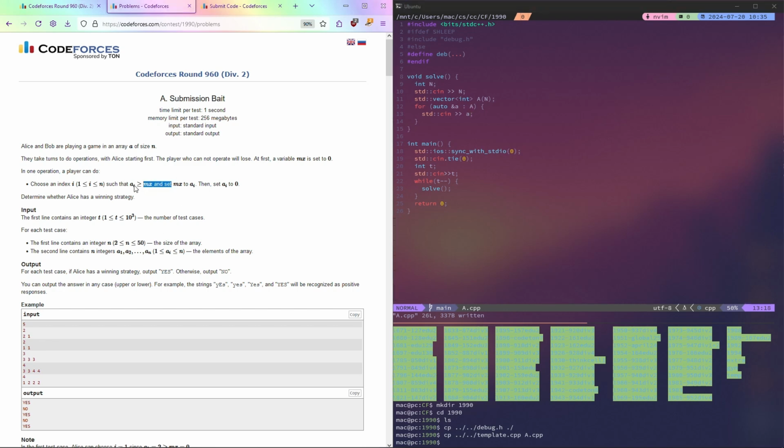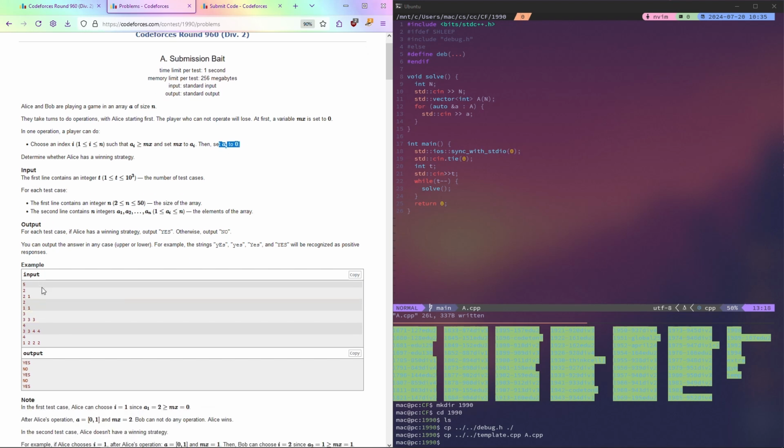So we want to take the running max. This should always be the case. So if there's only one max, we can take it, and that clears it. The only case when it shouldn't work